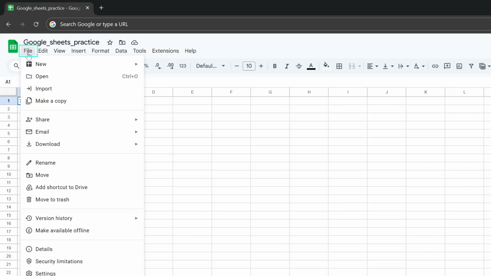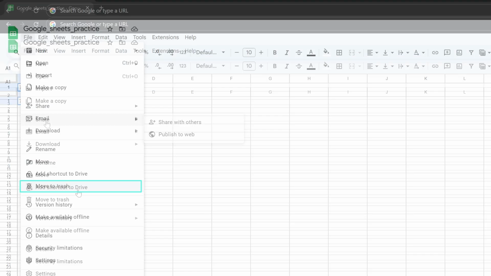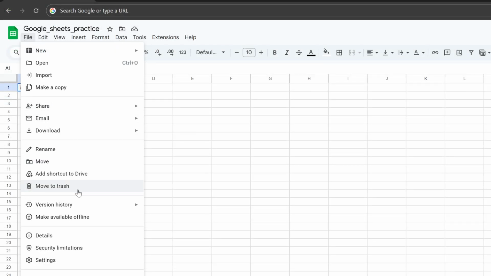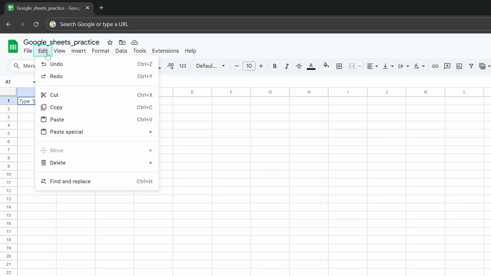The File menu lets you create a new document, open an existing one, make a copy, share, rename, move, or delete your document. In the Edit menu, you'll find options to undo or redo actions, cut, copy, and paste content. Many of these options also appear in the Shortcut toolbar, which we'll look at next.